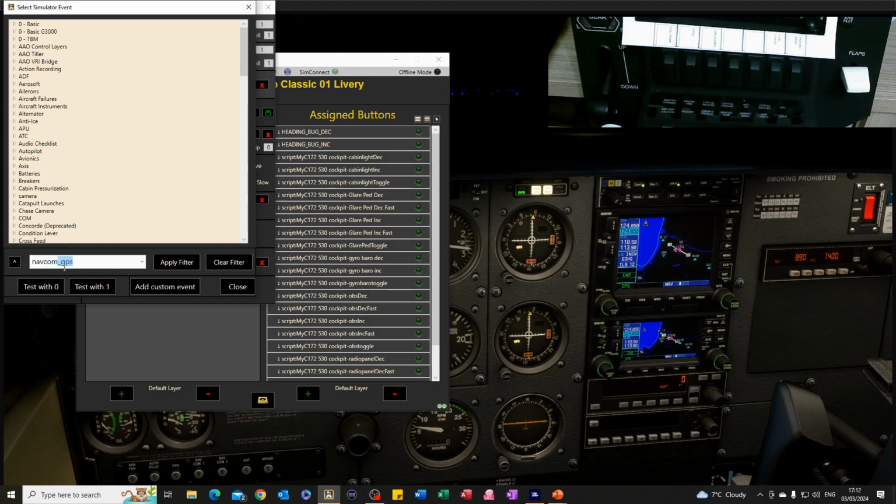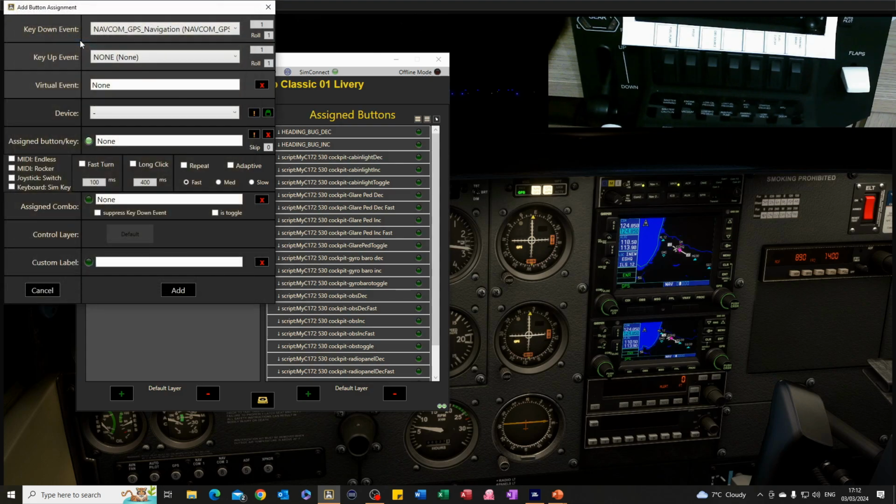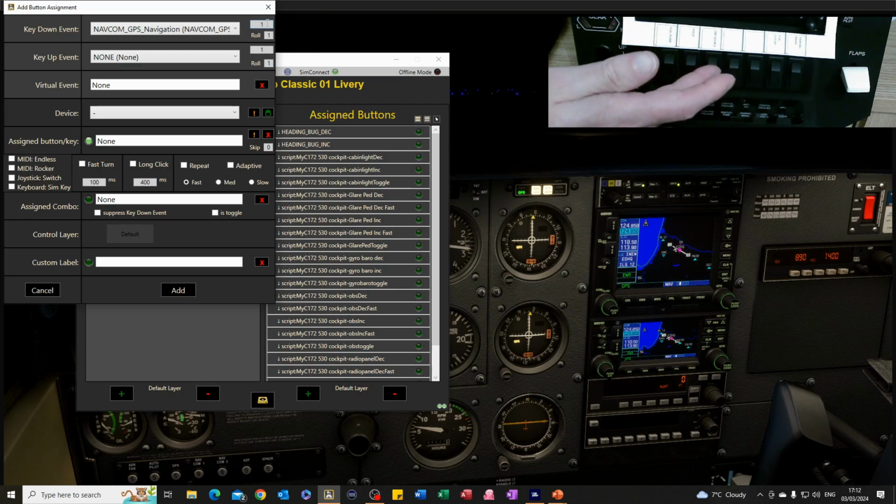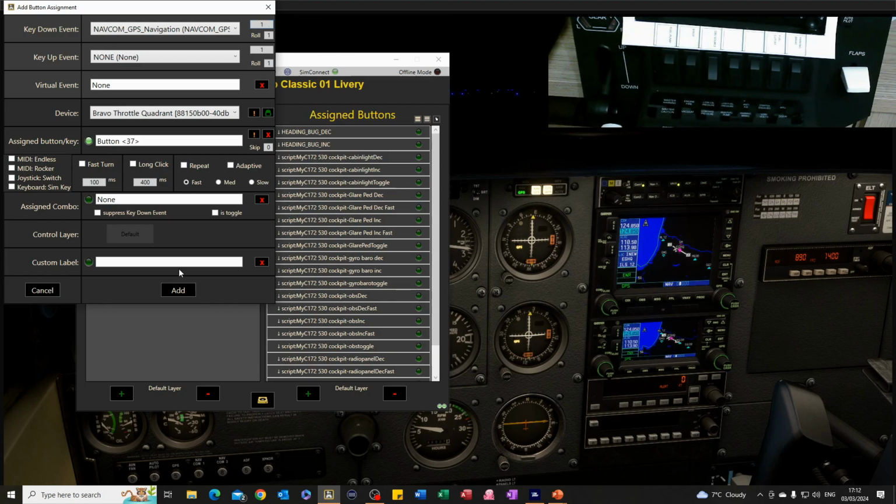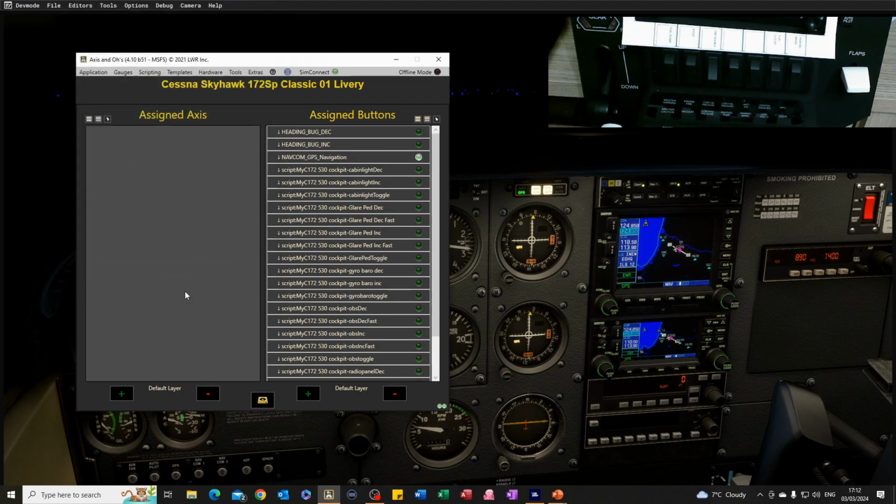But if you search for navcom_GPS, it's here, and it's the navigation mode here. So you double click on there and allocate that. I've got that set at 1 at the moment. I'm going to allocate that by clicking that button up and click on add,